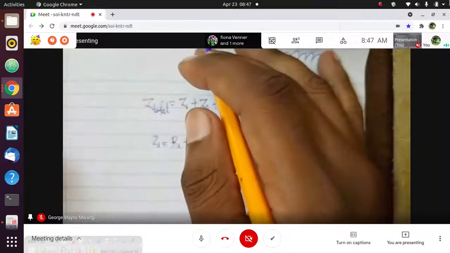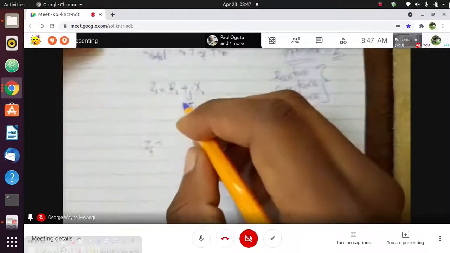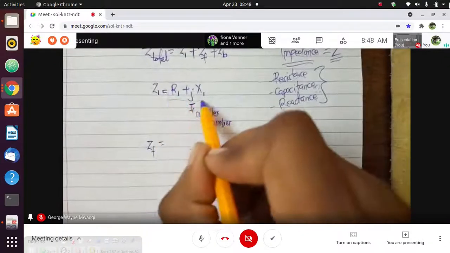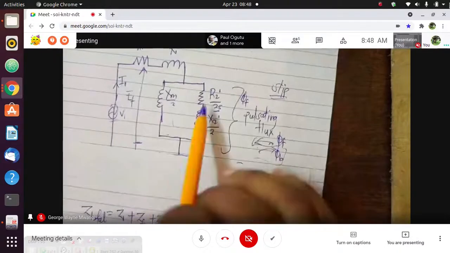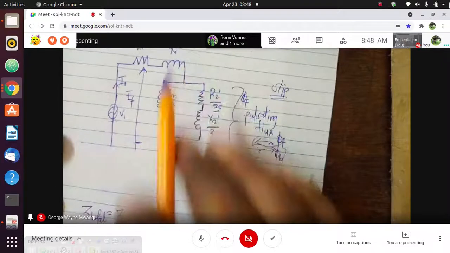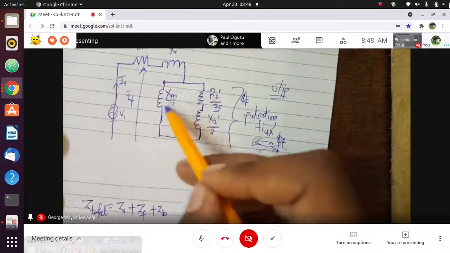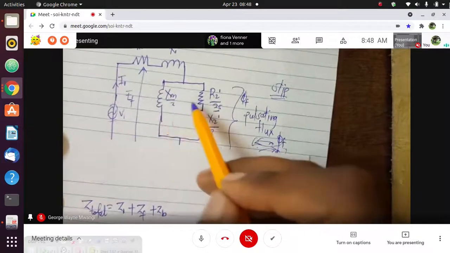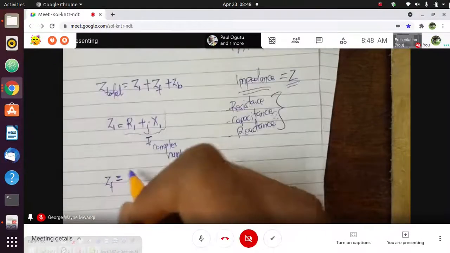Now the impedance because of the forward moving field, I will label it ZF, is equal to R2. This is in series, so we add the resistances because it is connected in series. In our rotor circuit, because of the forward moving flux, you'll find that this resistor and this inductor are connected in series, but our magnetizing inductor is connected in parallel with these two. So therefore, the impedance because of the forward moving field will be